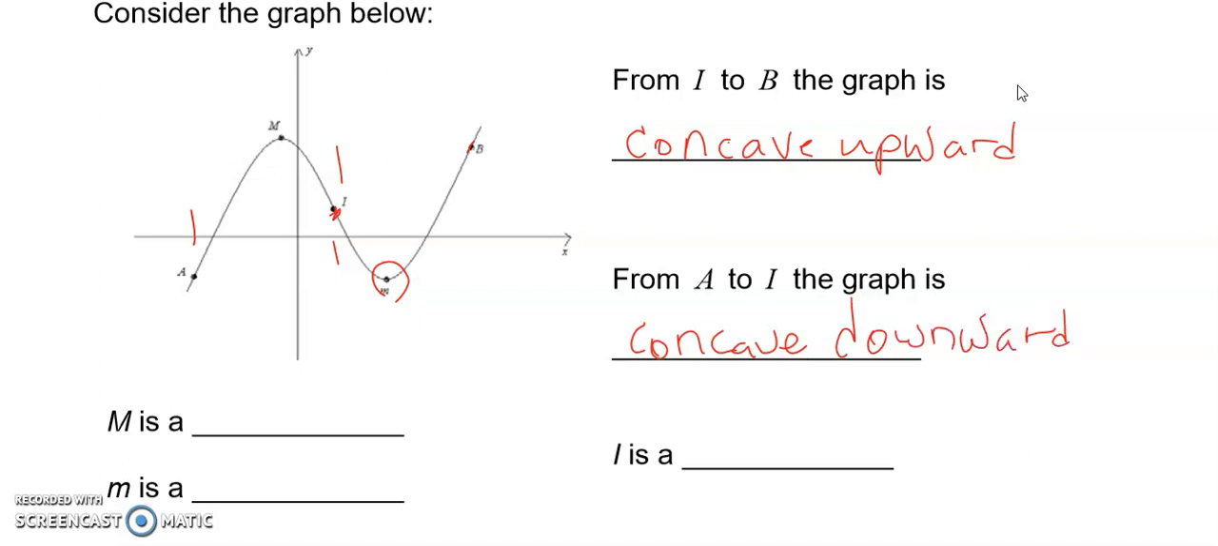Okay, concave downward. M right there is a relative maximum, because it is a max, but just for that small piece of the graph. There's pieces of the graph that's actually higher. Little m is down here. That is a relative